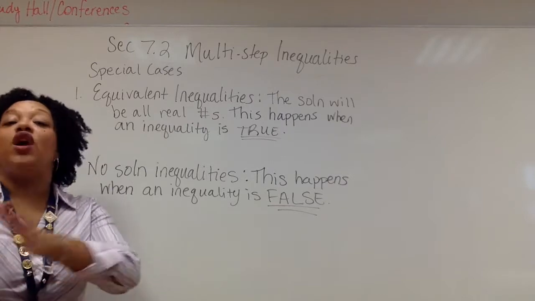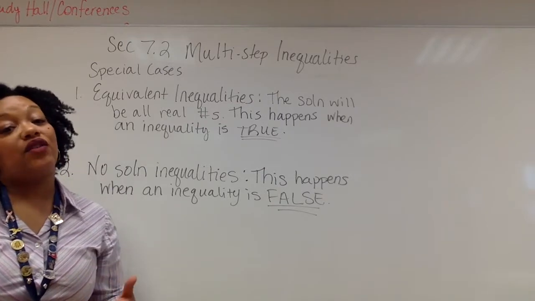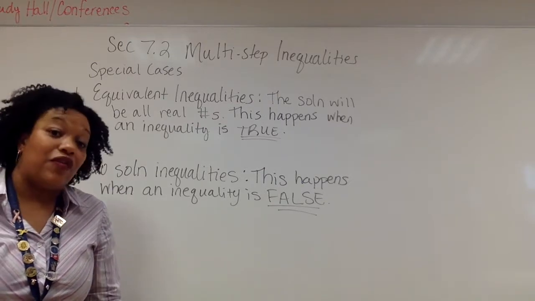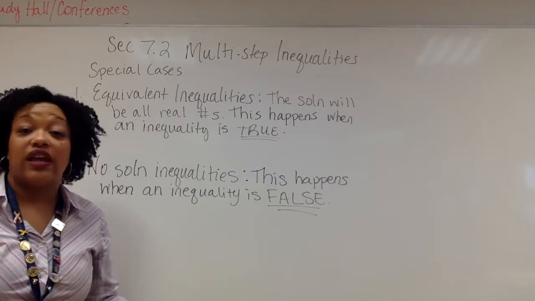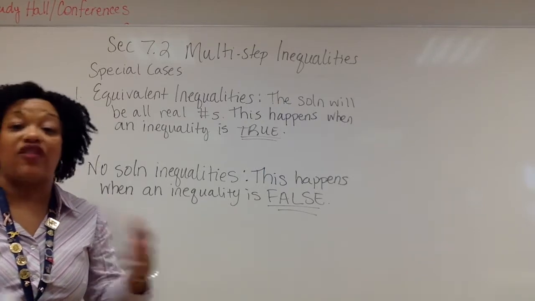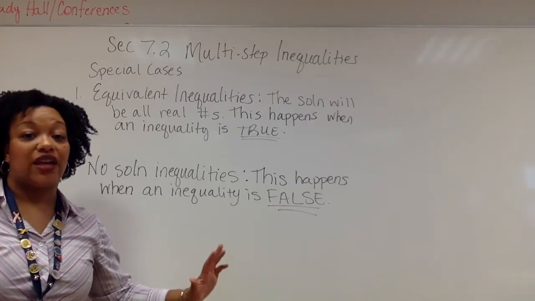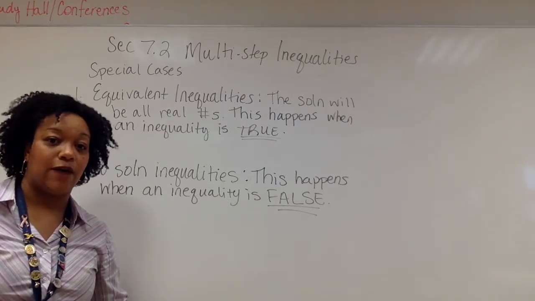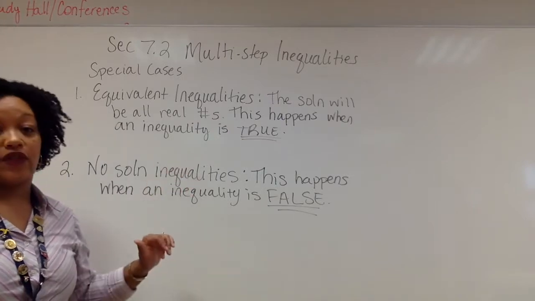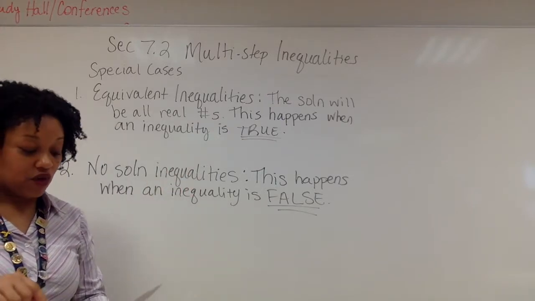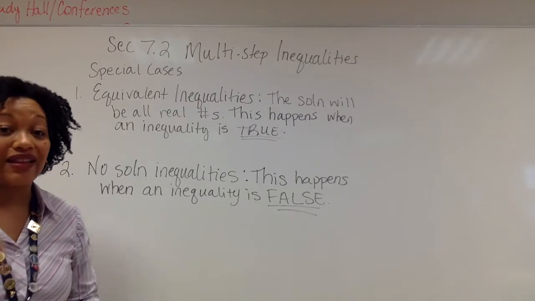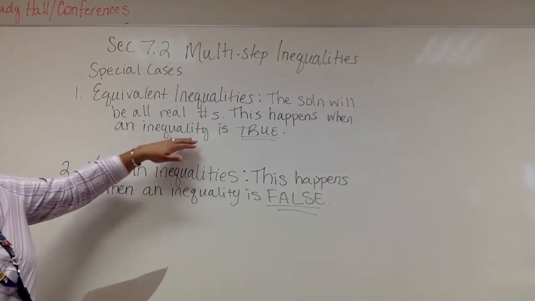So that means there's no solution. So if I was to ask you to graph that, you couldn't. There's nothing to graph. Your line wouldn't go to the left or the right. Wouldn't be open, closed, circle, nothing. There is no number that would be a solution for that inequality. It happens every once in a while. So what you're going to have to do is to look out for these. In the next video, we're going to do example 2 and practice how you determine whether you have an equivalent